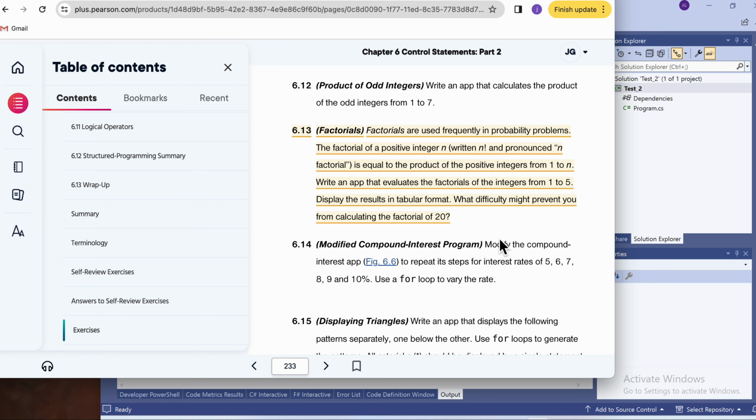Write an app that evaluates the factorials of the integers from 1 to 5. Display the results in tabular format. What difficulty might prevent you from calculating the factorial of 20? Okay, so let's look at